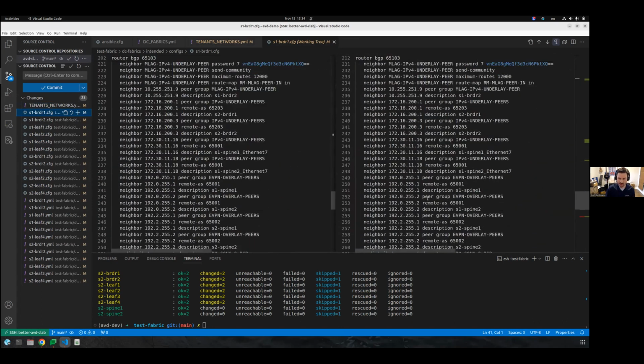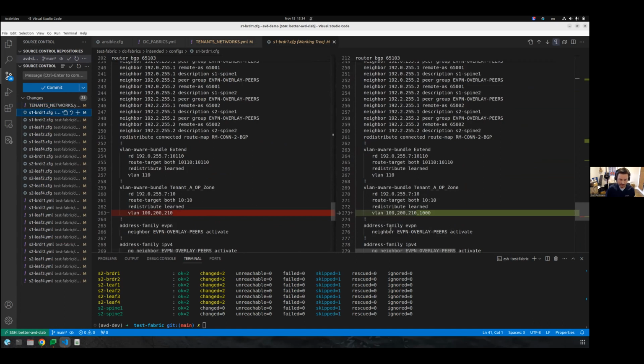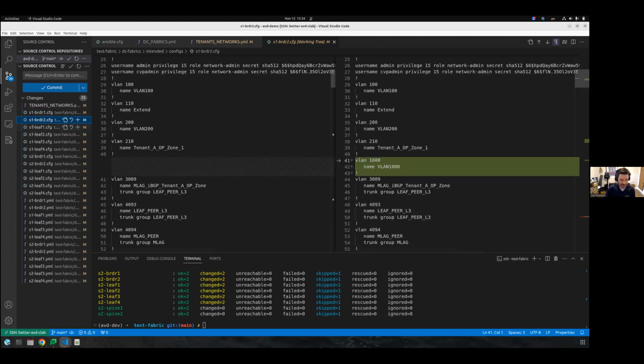And in this case, I'm using VLAN aware bundle and EVPN. So I'm adding the VLAN to the bundle of that VRF. So I can see this across all the different switches, right? I'm going to see the same amount of changes